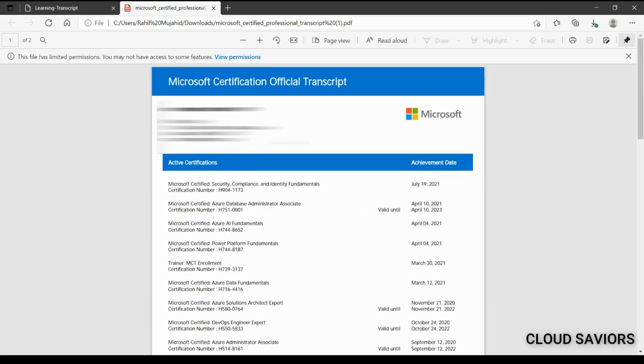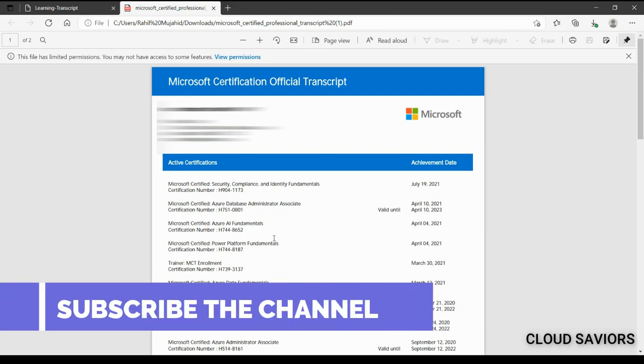You have these three pages. You can share these pages with your manager or your higher authority as per your requirement. You don't have to download each and every certification again and again for your authenticity. You can just share this particular PDF with your colleagues and you're good to go.